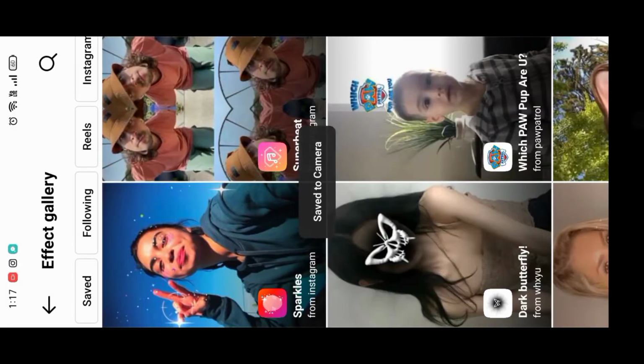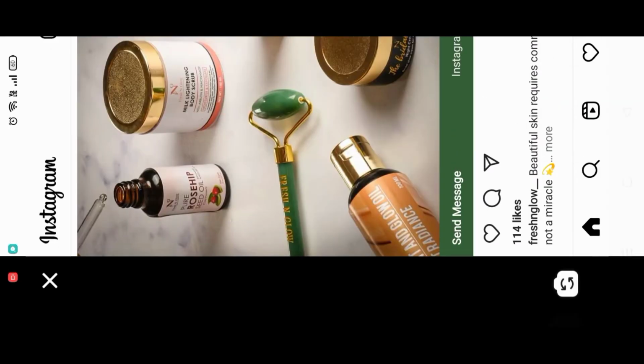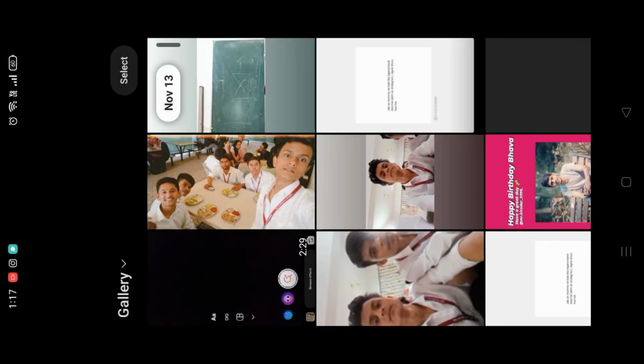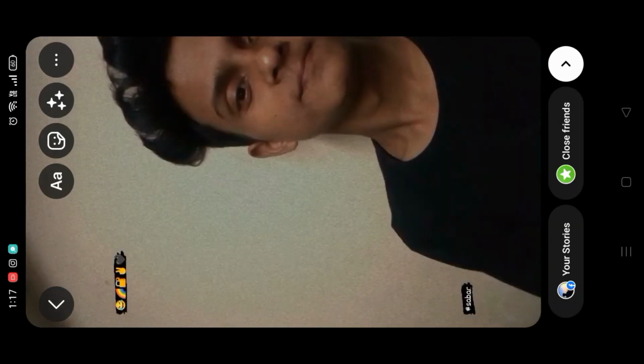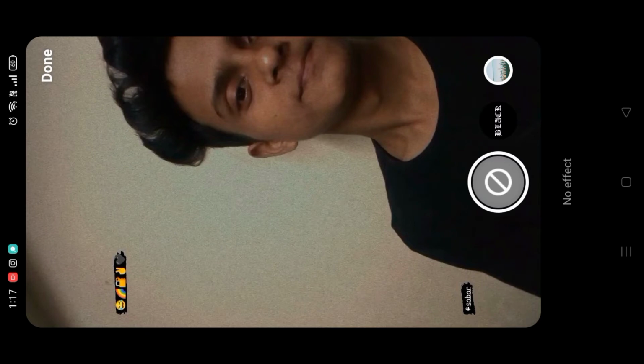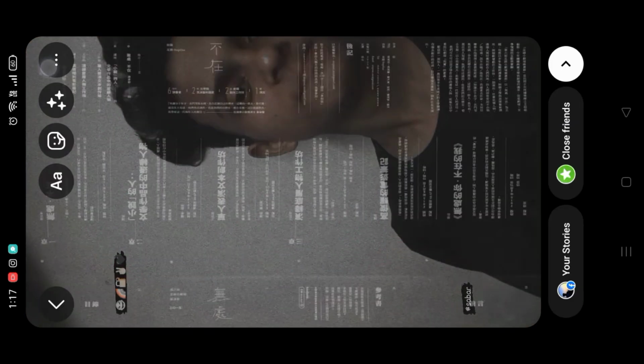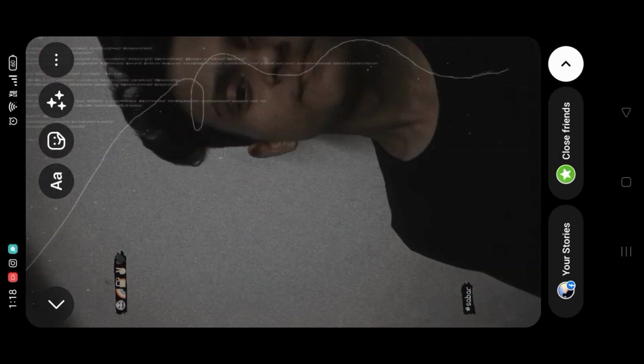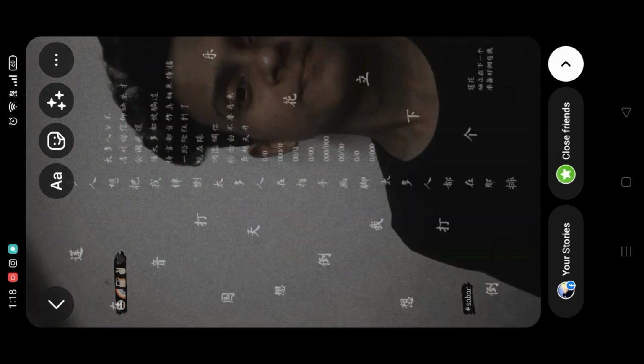So first of all you have to save it and go to the home page of Instagram, and you have to go to the story option, and you have to choose any one photo that you want to add to your Instagram videos. So here you will get this effect option, and here you will get your saved effect that you have saved. That effect you will get here, and you have to go to the sticker option, and